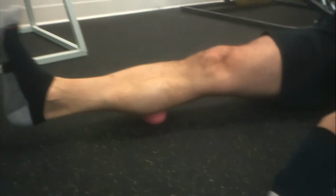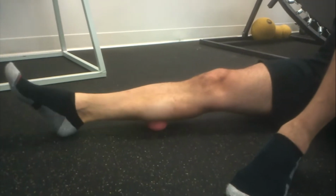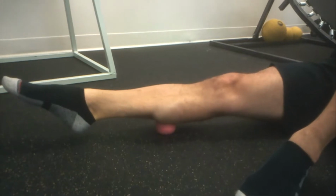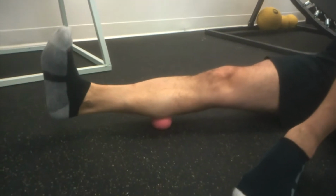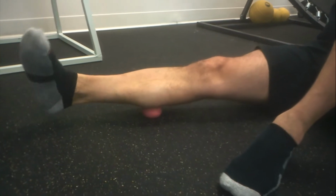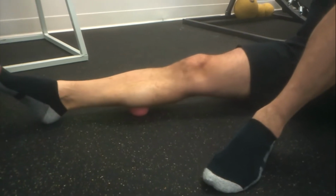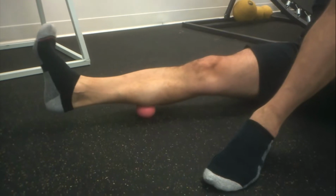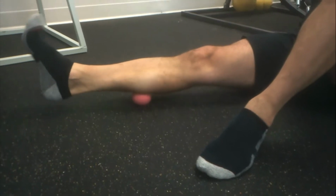And again, dorsiflex and relax. Dorsiflex and relax. I'm going to do a little plantar flexion, contracting it and relax. Contracting it and relax. And then some circles. Again, the idea is that if there's tenderness, you want to get the tenderness to lessen the longer that you do the technique, till ultimately the tenderness goes away. Then you can try and find another tender point and work on that a little, restoring the elasticity to the muscle, to the connective tissues,